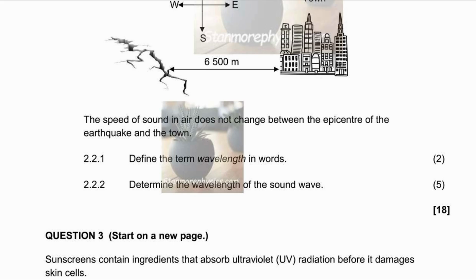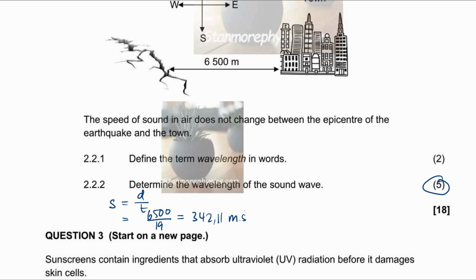Question 2.2.2, determine the wavelength of the sound wave. So this is worth 5 marks. So first we can calculate the speed of the wave. So speed is equal to distance divided by time. The distance that it traveled was 6,500 divided by the time that it took was 19 seconds. And that's equal to